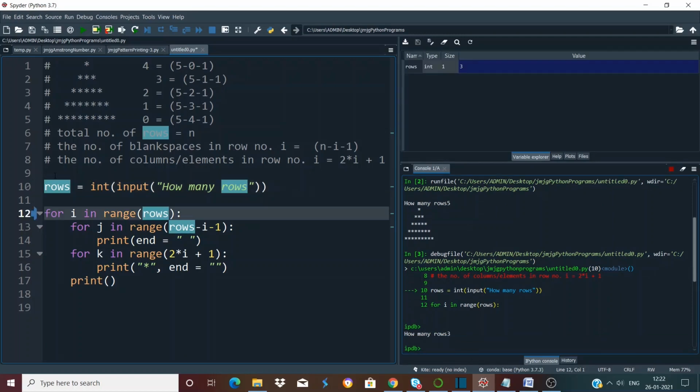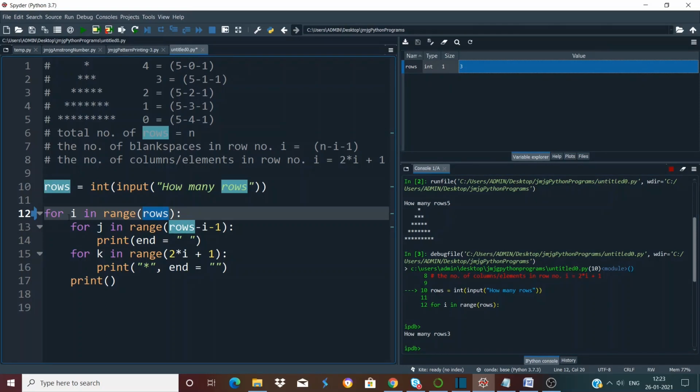Now press enter. It comes to line number 12, then it will enter the outer loop. Now what is the value of rows? The value of rows is 3, and in the variable explorer you can see the value of rows is 3.